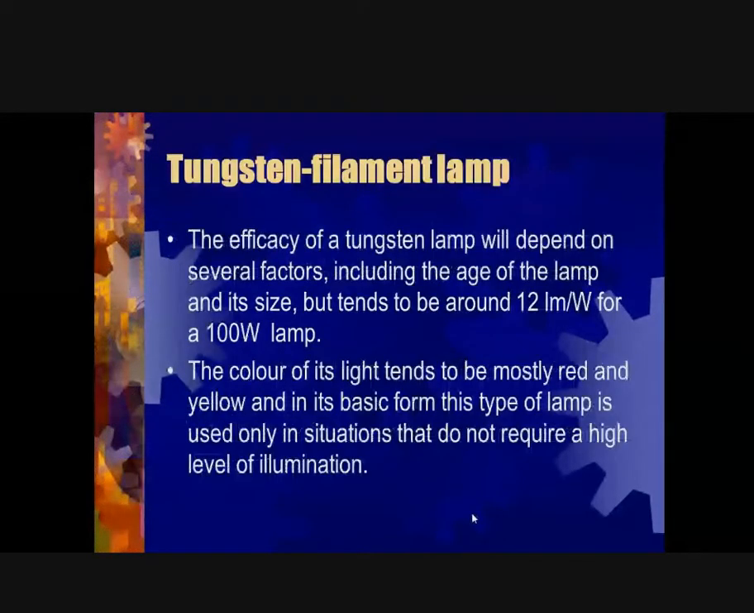We talked about the efficacy already, so we don't need to stress this some more. This is just reiterating what we are talking about. Now the color of the light tends to be mostly red. That's why persons see the red looking light, and yellow in its basic form, right? This type of lamp is used only in situations that do not require a high level of illuminance. But before, when it was the only available lamp, we could not say this, right? However,